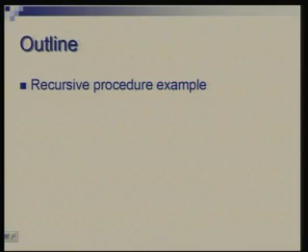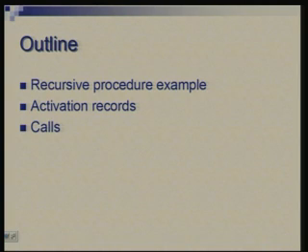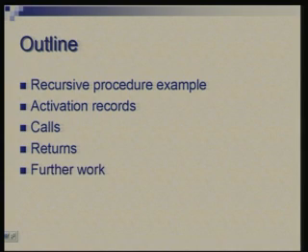Today, I will take an example and try to elaborate on these ideas and illustrate how we can actually create activation records in order to define recursive procedures. Then we will see how at the time of function call these records get created and how they can be disposed of when you return from functions. I will do part of the examples, and the rest of the work would be carried out by you in your lab exercise.